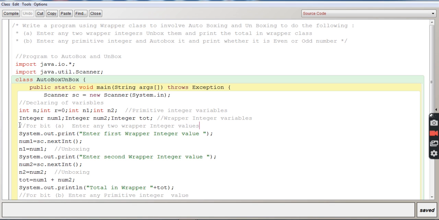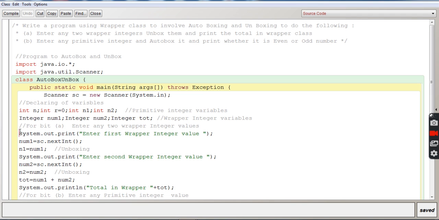And this is the program for the first bit, number A, which says that you enter two wrapper integers, unbox them and print the total in wrapper class. So it will ask you to enter the first value, which is a wrapper integer, and that has to be unboxed. And you know well, storing a wrapper class into a primitive is unboxing.